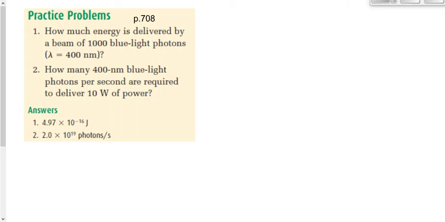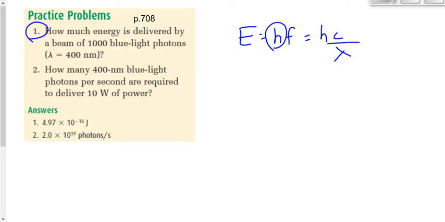Einstein said that energy exists as a particle. A photon, which is a quantum of energy. And the energy that a photon has would be equal to h times f, or hc over lambda. H being a constant that we call Planck's constant. Two values, but with two different units. In question number 1 here, for our homework, we want to find out how much energy is delivered by 1,000 of these photons. Now, if you look in your textbook, and I know that some people did, they're going to